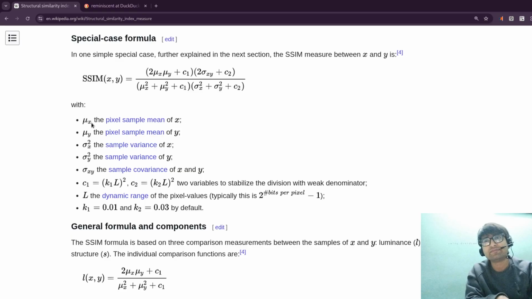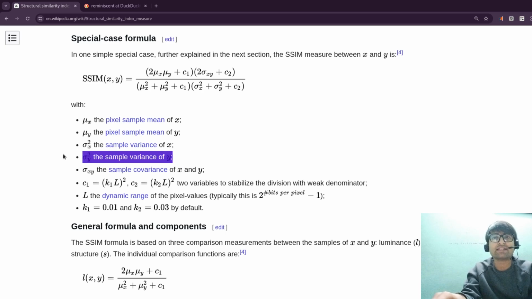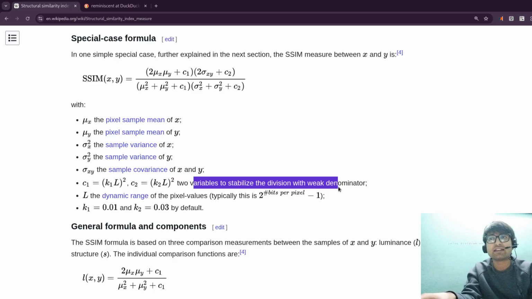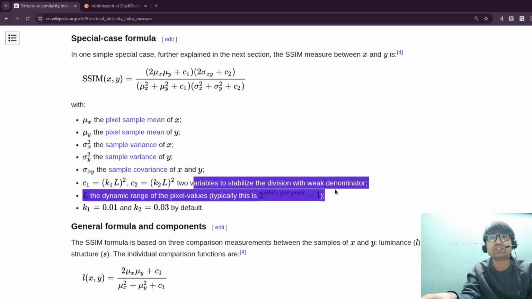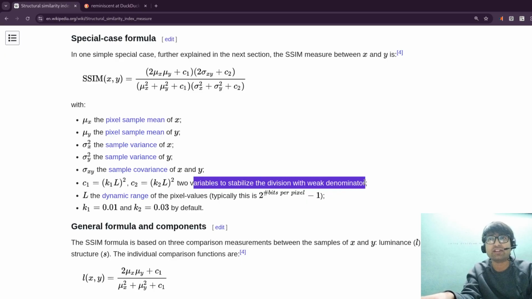Similarly, sigma x square is the sample variance of x, sigma y square is the sample variance of y, and sigma xy is the sample covariance of x and y. And c1 and c2 are two variables to stabilize the division with a weak denominator, which is